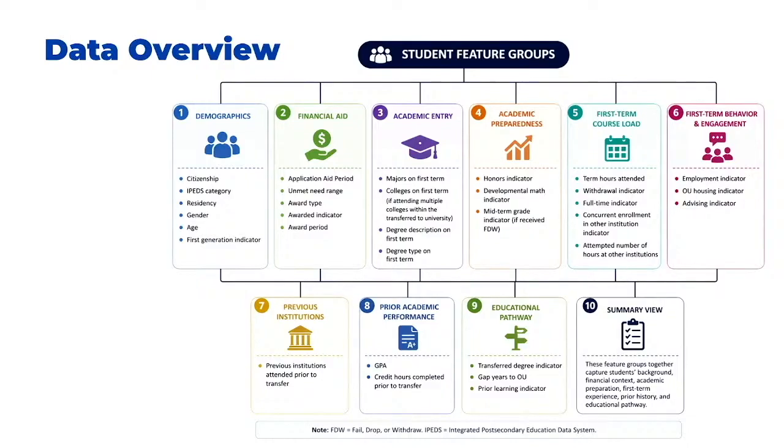I need to emphasize that in the first round of modeling, I only used summary-based prior academic performance. So it only includes an average GPA hour and average GPA that they brought in at the time of